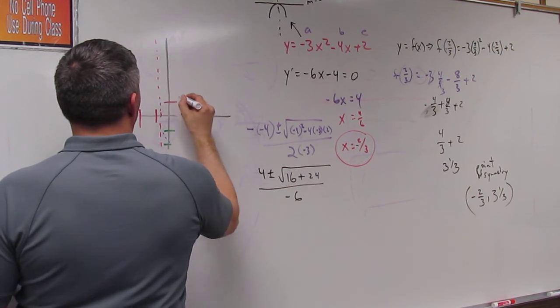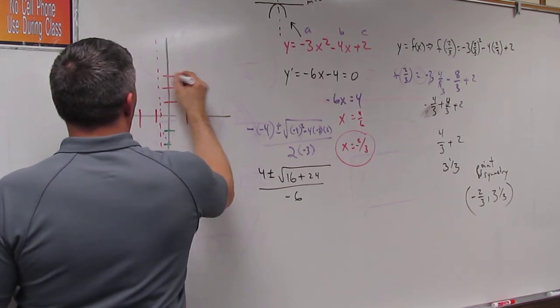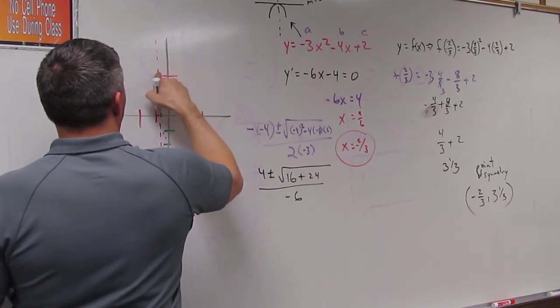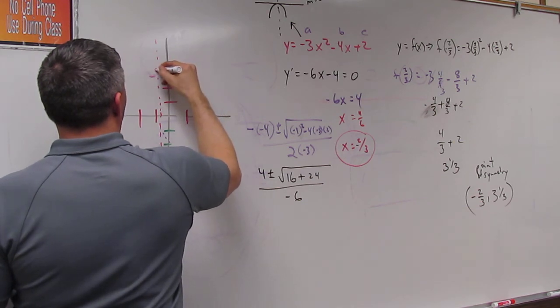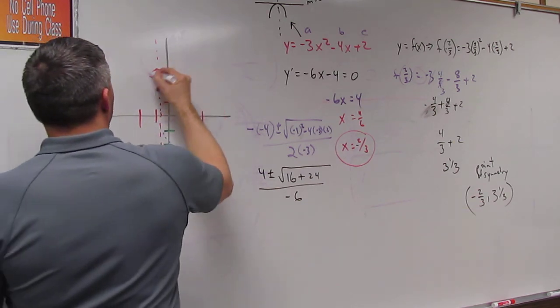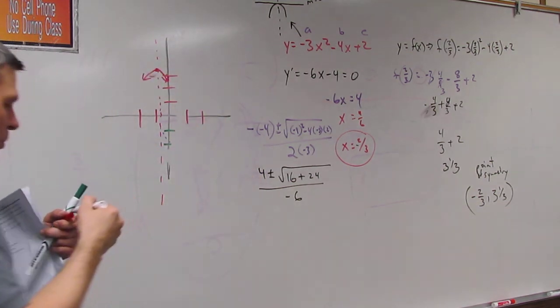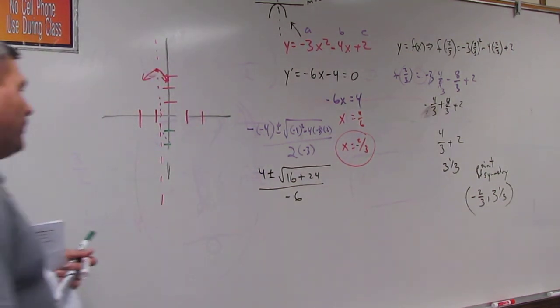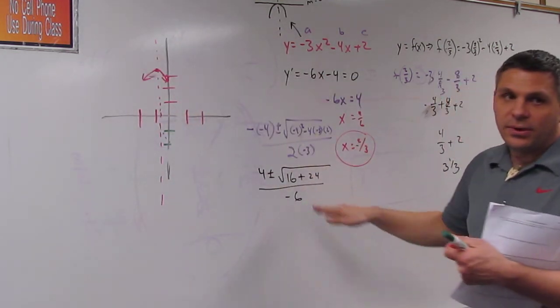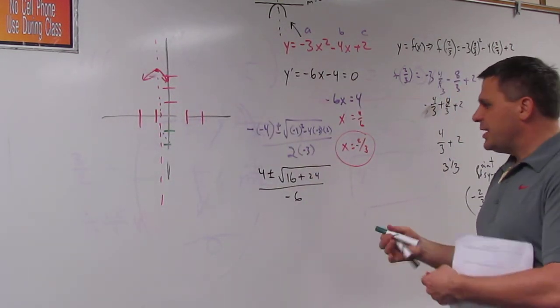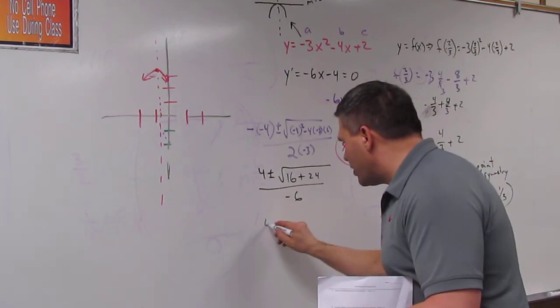So 1, 2, 3. Oh, and 1/3. About right there. And we know it's going to be frowning. So where will it hit? It's going to hit right here, wherever this is. And this is at 4 plus or